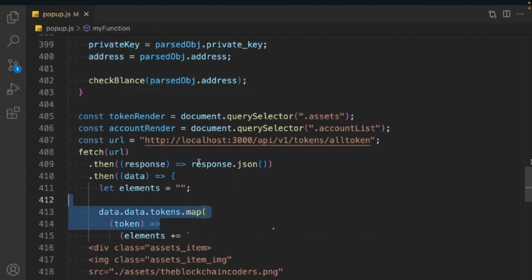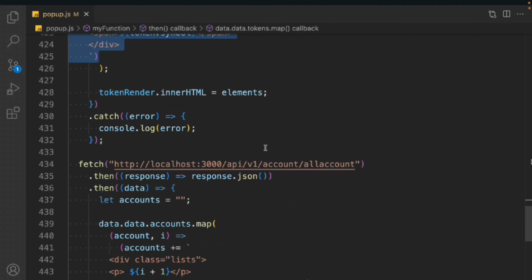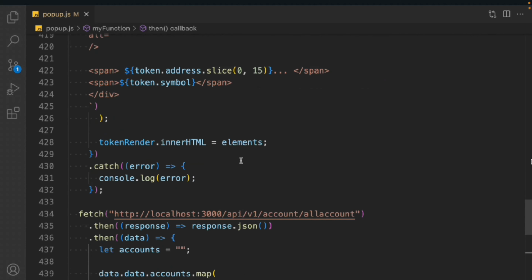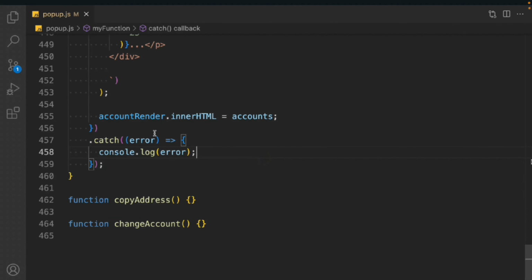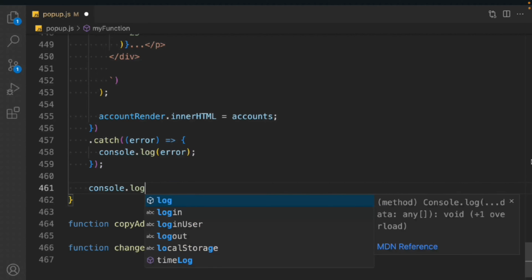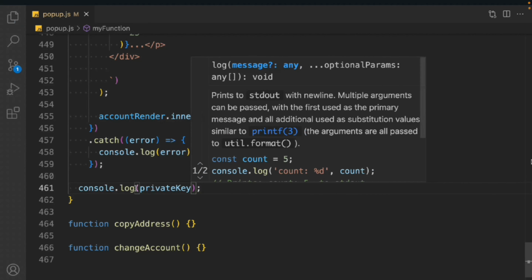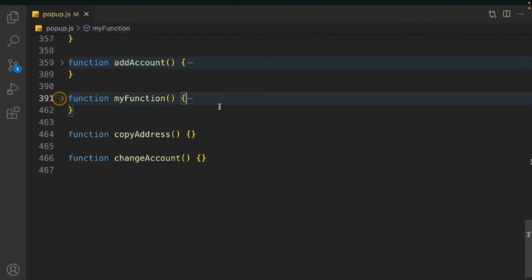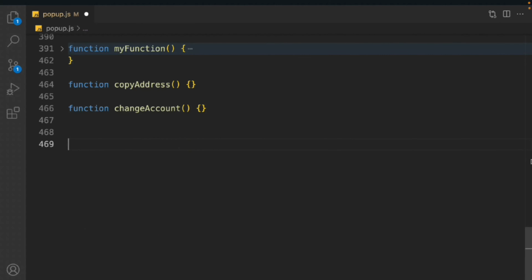Okay, API calls building the HTML, then again API calls building the HTML, and then rendering it. Looks good. So far things are looking pretty good. We have no issues. And then we have to simply console log out the entire private key. So this will show that user is logged in. So let's close this one. So this is the entire function we have,